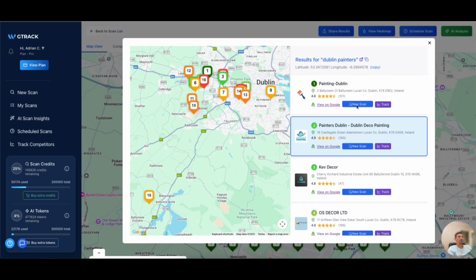We can initiate a new scan with this particular competitor. We can initiate a track for this competitor. This is for the track competitors feature, which I will explain later. Okay, what else can we do here? We can